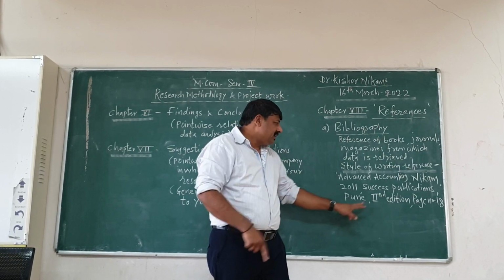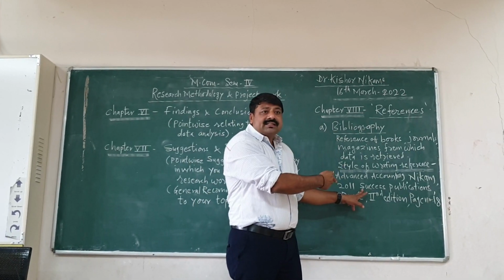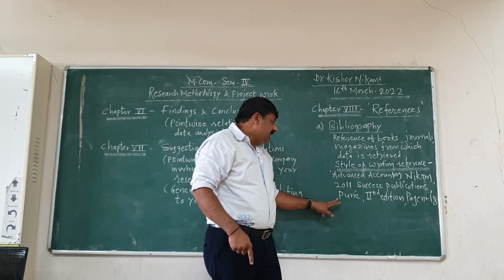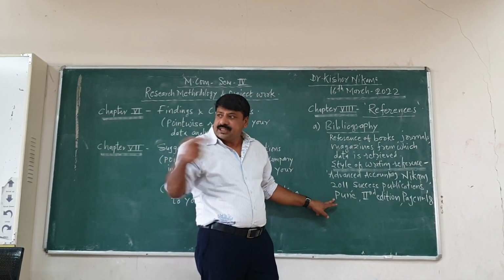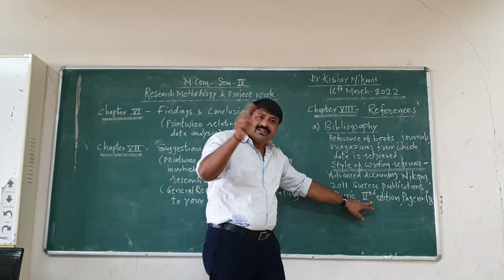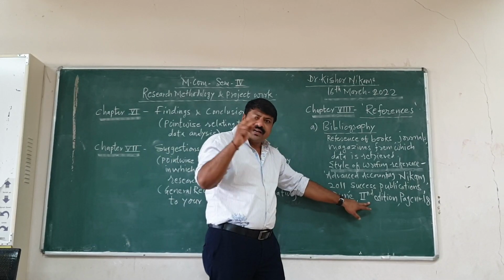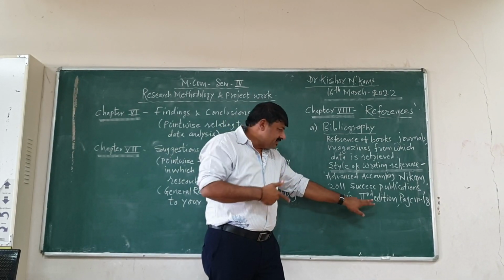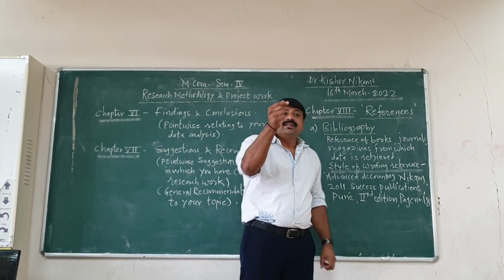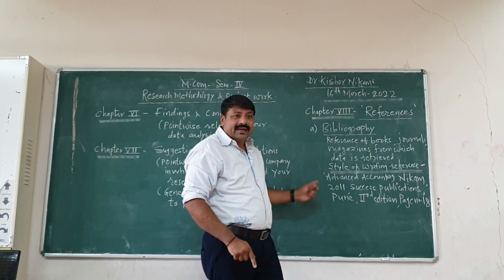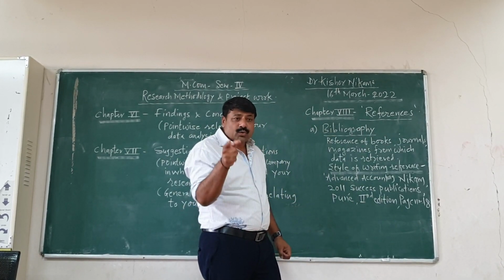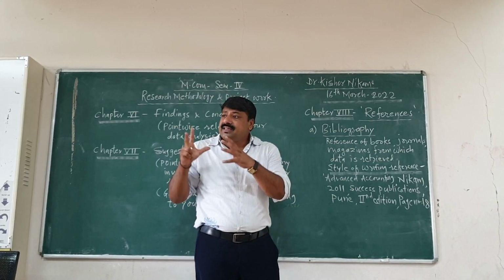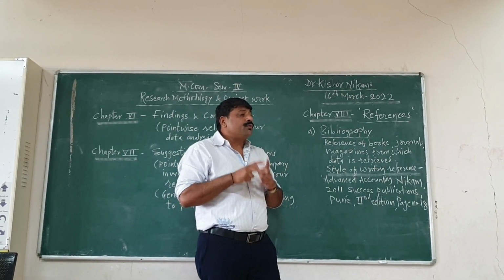Year of publication, name of the publisher, Success Publication, then place of publication, that is Pune, second edition. First, second, third, whichever it is, you have to write it here, second edition, and last is the page number, that also you have to write. Because yesterday I told you, plagiarism is the new thing which you have to face when you